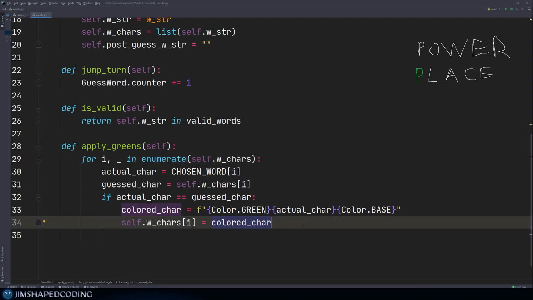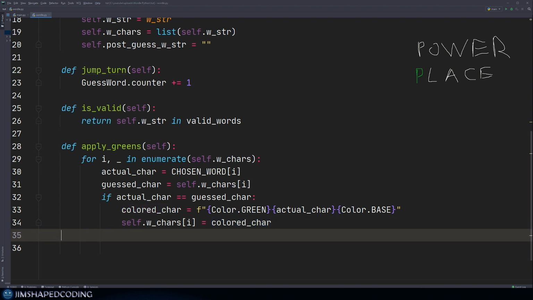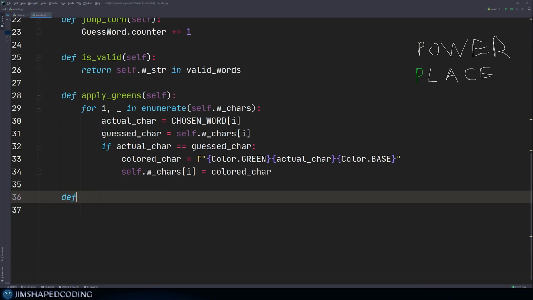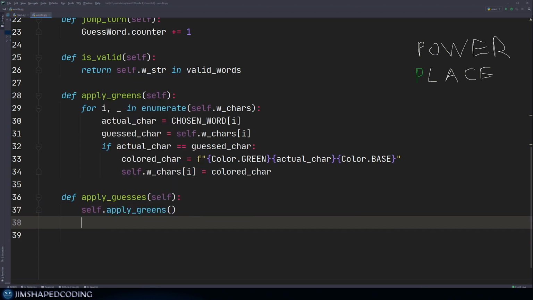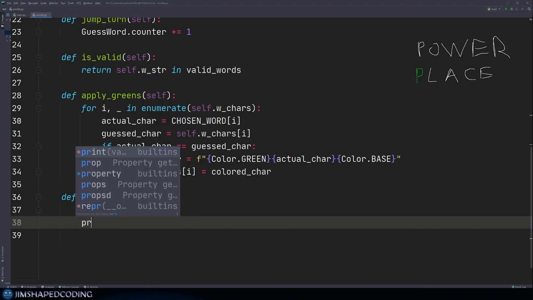Okay, so now that we understood this, let's go ahead and use one more method that we could name apply guesses, because we know that there is a list of actions that we need to apply for each guess. In the future we are going to apply some gray colors for the letters that are already guessed, because we want to tell the user about that, and also yellow for cases where the letter exists but not in the exact position. So now I'm going to say self.apply greens, and then basically I'm going to print